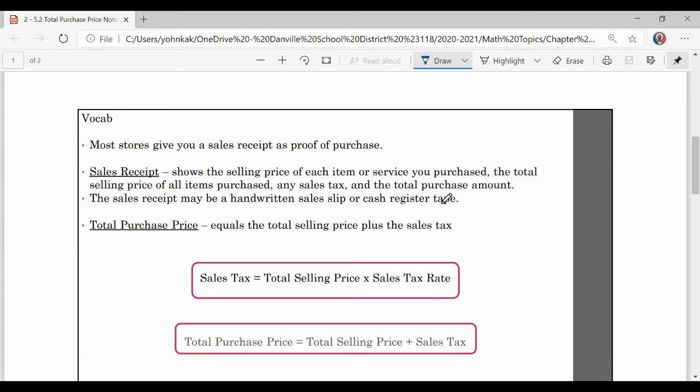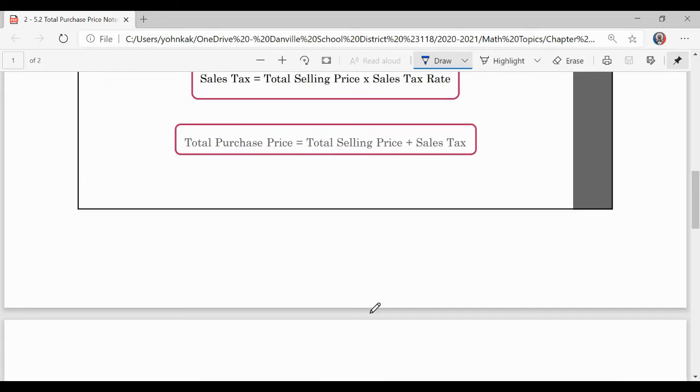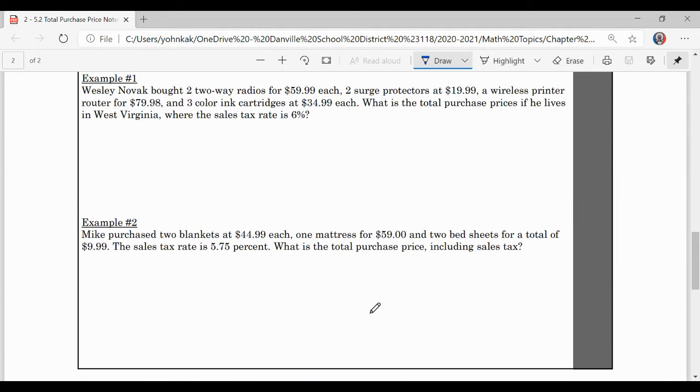So we calculated in the last section how to find sales tax by multiplying the total selling price by the tax rate. And now we're going to learn that in order to find that total purchase price, you're going to take the sales tax and add it on to the total amount of items that you were purchasing. So if you can do section 5.1, finding sales tax, all you have to do is add it back on to do today. So example number 1, Wesley Novak bought two-way radios for $59.99 each,